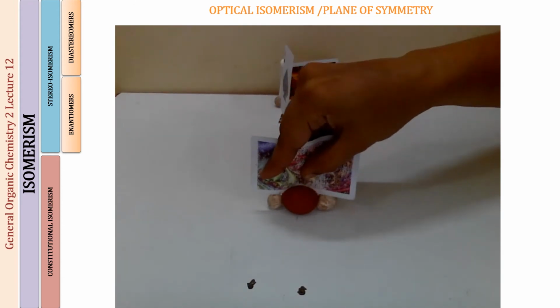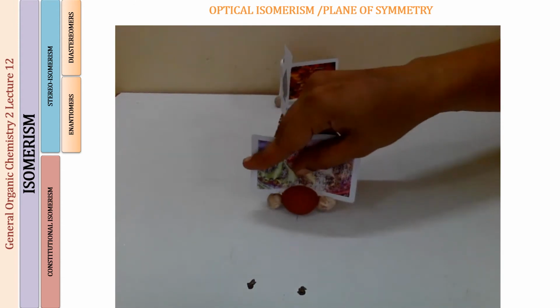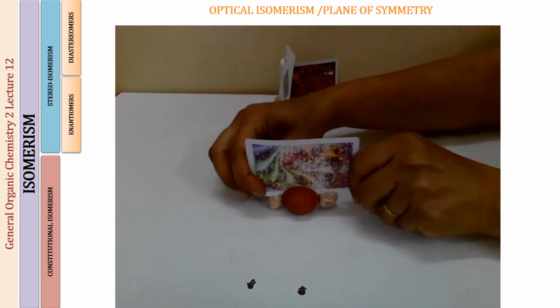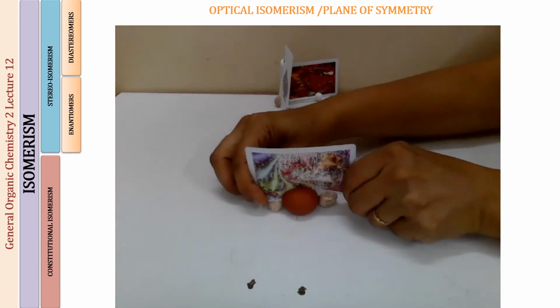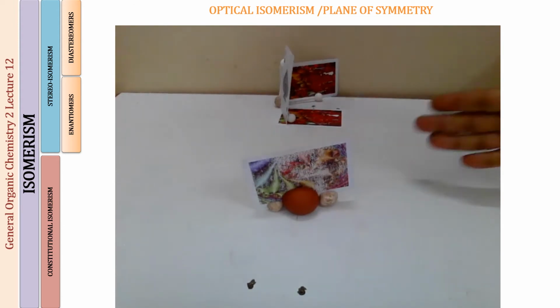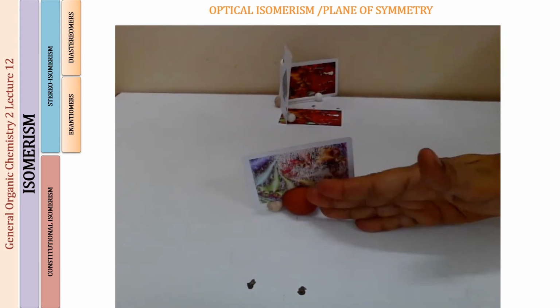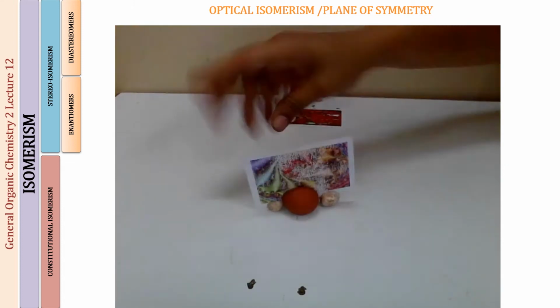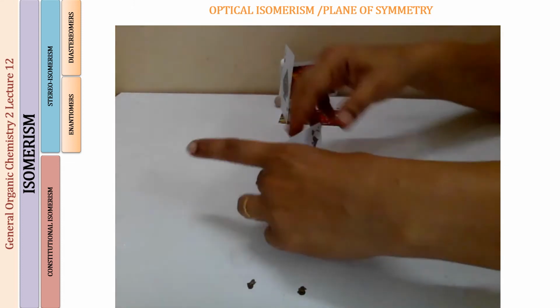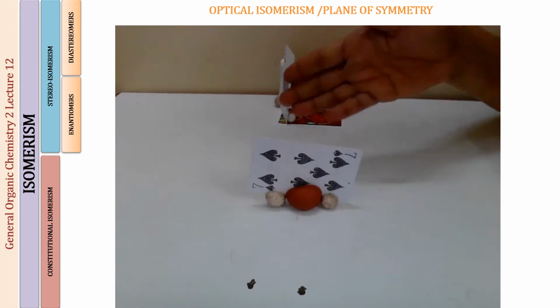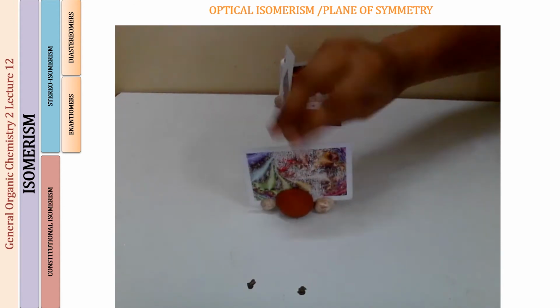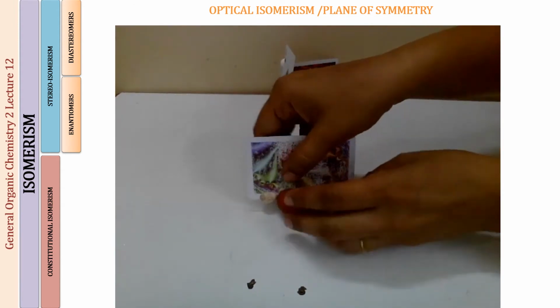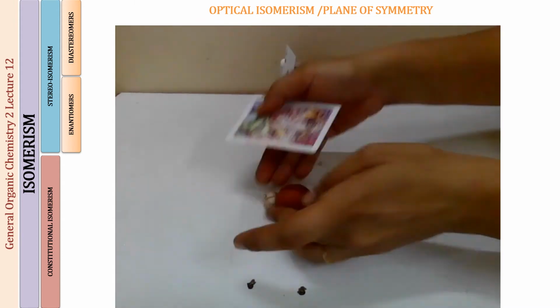This is a cut I am making in the XY plane. So I am cutting through all the three atoms, one half is going to be on this side and one half will be going back. If I just pick it up, it is easy to understand also that I will be having the two halves on each side of the playing card.